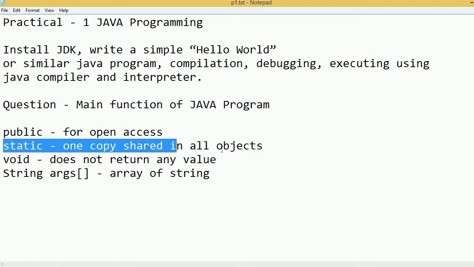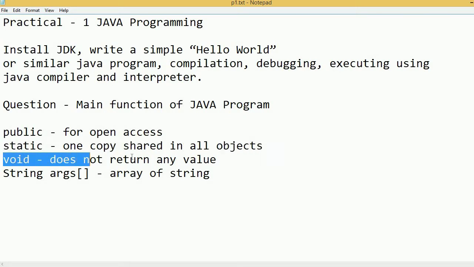Now static, right? Generally we create static variables or methods for sharing between all objects, right? Here the main function will have only one copy shared between all objects. Now void, as we know, void means the return type, that means it doesn't return any value. Here the main function will not return any value, that's why we have specified void.